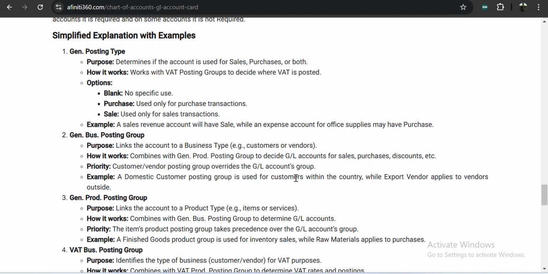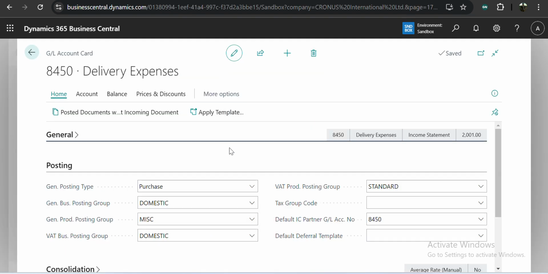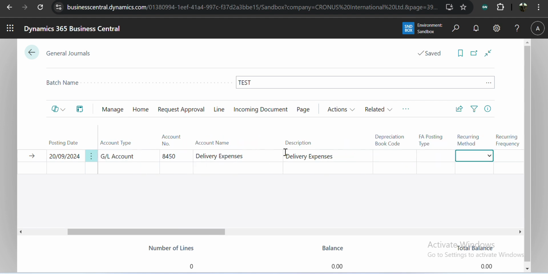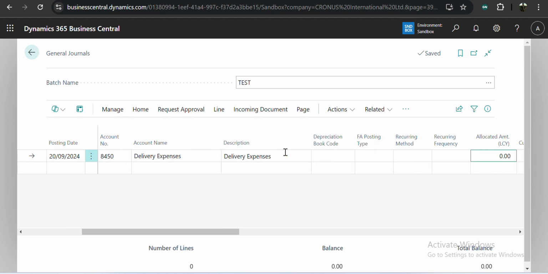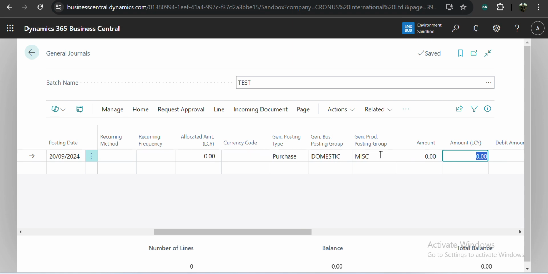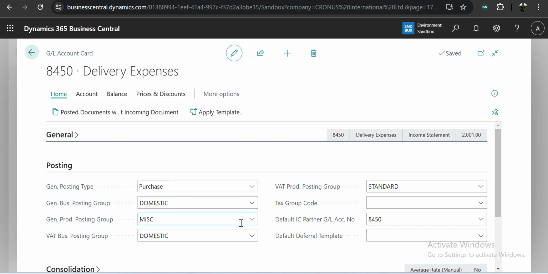This is automatically going to be picked if you specify it over here. As you can see, when I specified the 8450 account, it is automatically picking the description: purchase, domestic, miscellaneous. I don't have to specify again and again because I have already specified it on the